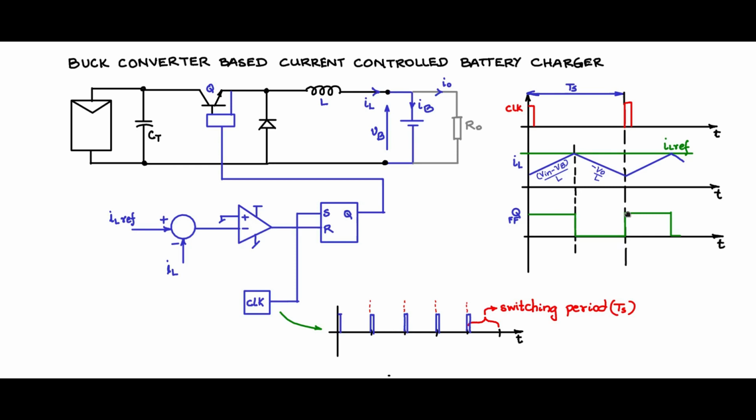And then again the power semiconductor switch is switched on the next cycle, and then it is on till the point when the current exceeds the reference current, and again it switches off. So on it keeps doing, and cycle by cycle there is current limiting, and therefore this is a very safe and fast method of doing battery charging through current control mechanism.